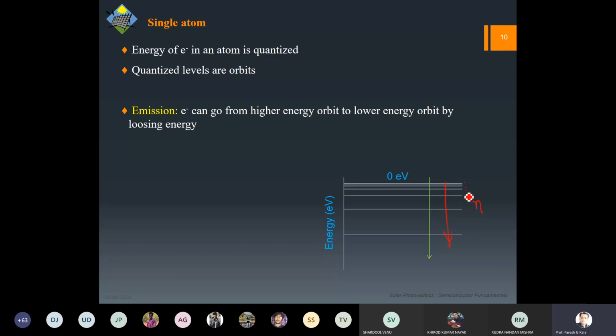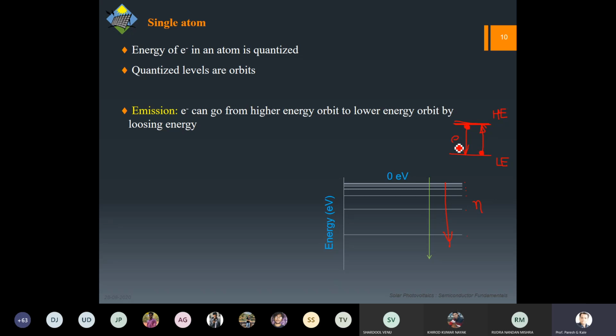Anyway, what happens is, whenever the surroundings change, whenever the energy input or output changes, let us say there is one level which is a higher energy level and another which is a lower energy level. In simple principle, every electron will try to sit at the lowest energy possible. However, due to some reason it may go up, and once that energy is withdrawn, it can come down. So in these two processes, the electron can go from higher energy to lower energy,